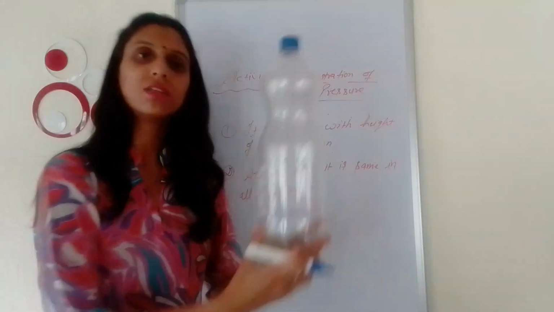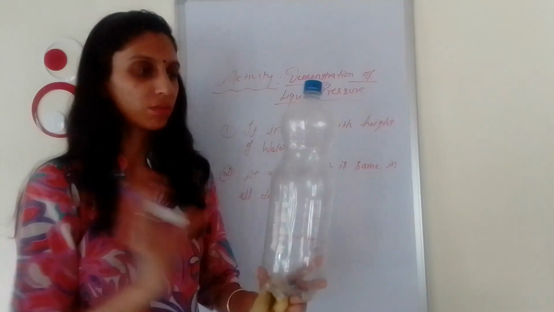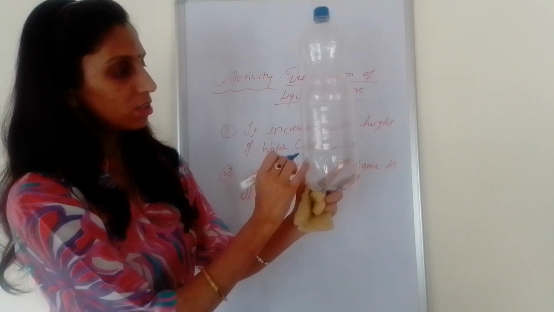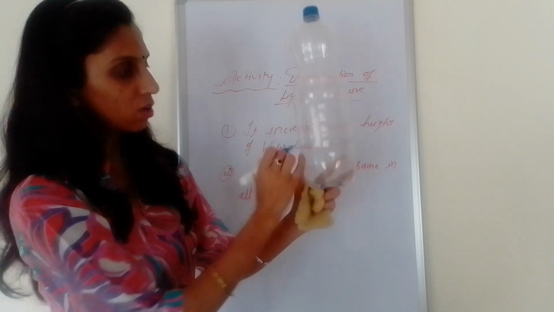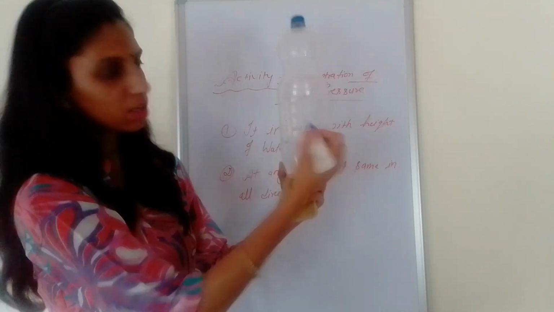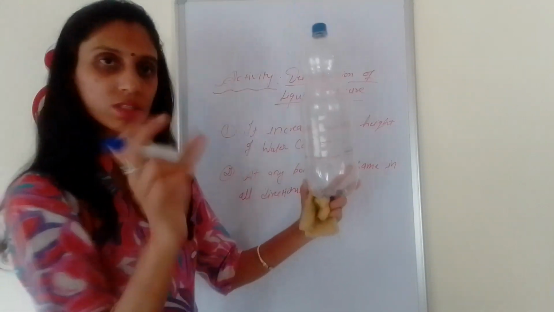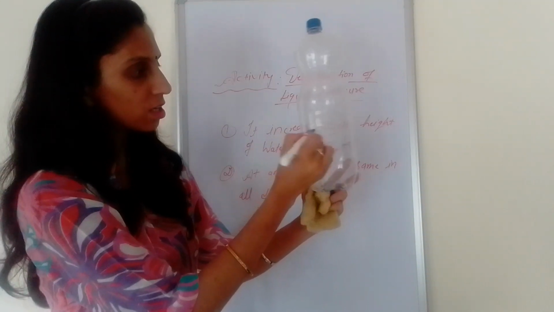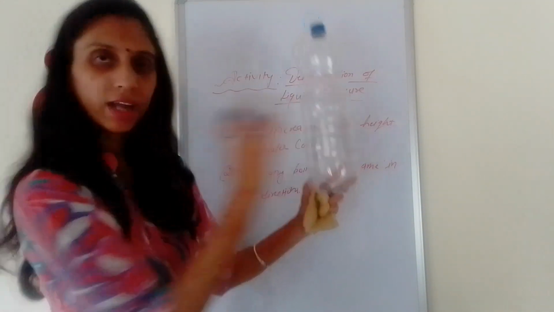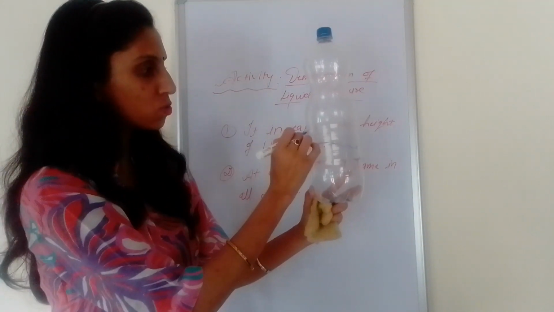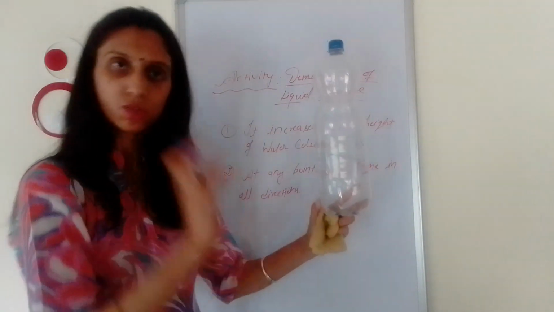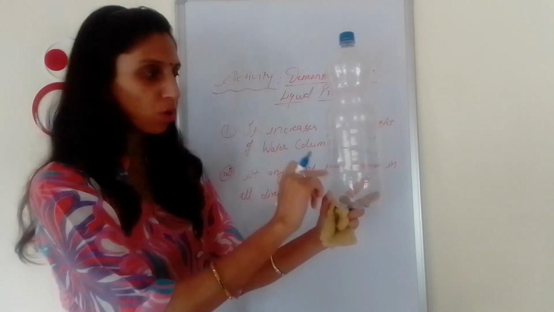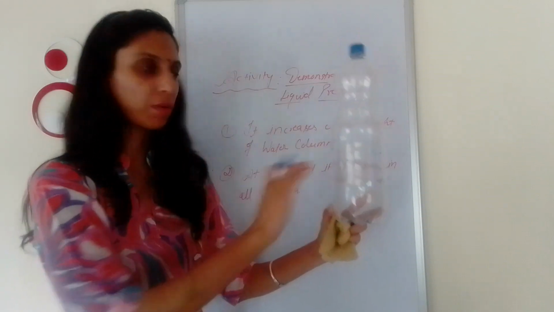First of all, take this type of bottle, a simple plastic bottle you can take. Now mark three levels, one on this side, one on this side. Say two holes at the same level, a little bit above, two holes here on this periphery at the same level, then above this two holes at the same level. So we make holes here at three different levels: one at the bottom, one above, and one above this.